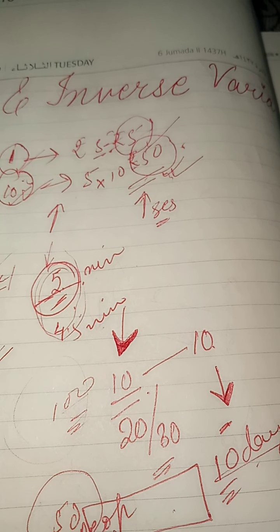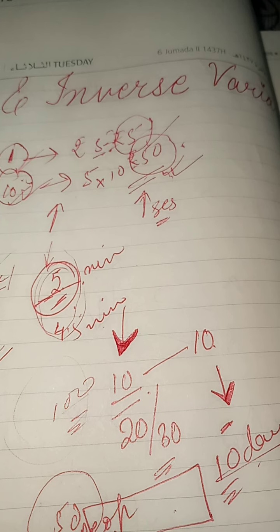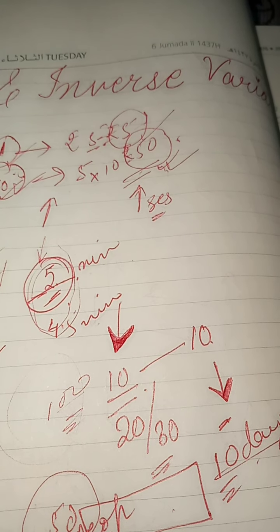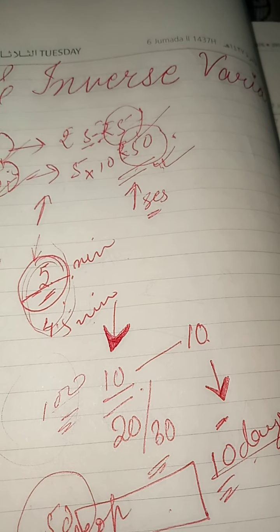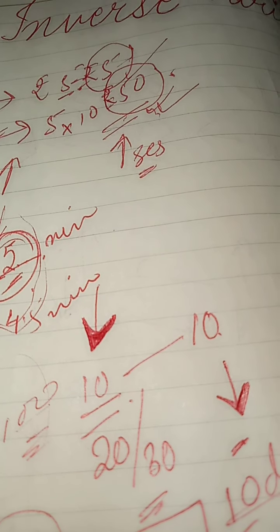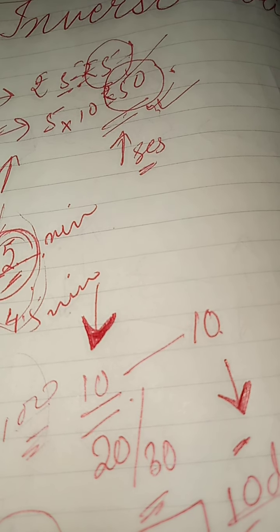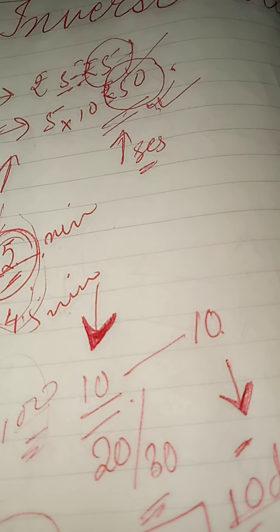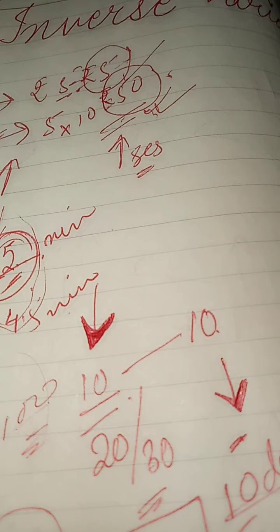Most popular questions are like from speed, then number of men doing a certain amount of work, then consumption of something, like for example if 10 cows are consuming a certain amount of food, anything, maybe grass, leaves, anything. अगर वो number of cattles को बढ़ा दो, then obviously वो जो भी amount रहेगा fixed food का, वो तो less number of days में over हो जाएगा. So I hope now it's clear.